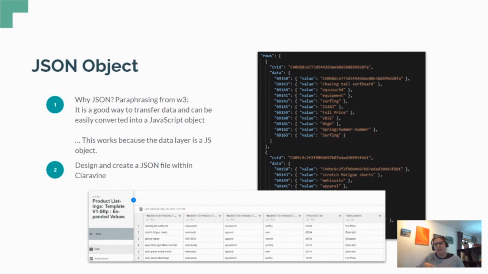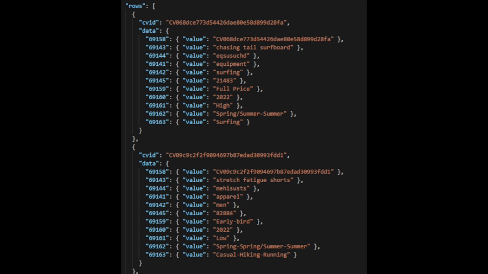The example you have here is basically for product data. Of course, you could do a sitemap, you could do events, really whatever data you wanted to expand. So after we have this created, you can also see on the black screenshot picture, that is what our JSON data is going to look like. All of our column headers within Claravine are assigned IDs, and then the values are each of those cell names for all that row data. So each row of data is structured in its own object.